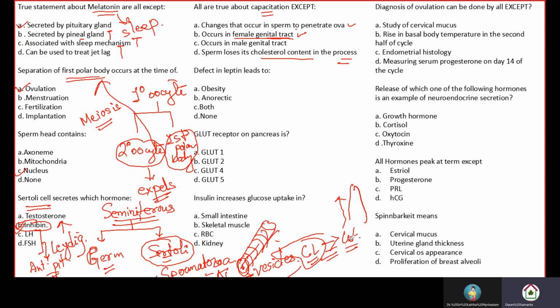Now this cholesterol has been shed, so there is no one to protect the sperm head, and it becomes weaker and can penetrate the ova very easily. Okay, so this is the explanation of option D. This is also true, but obviously option C is not true. Okay, next question. Defect in leptin leads to